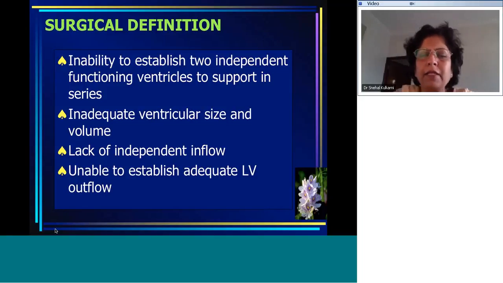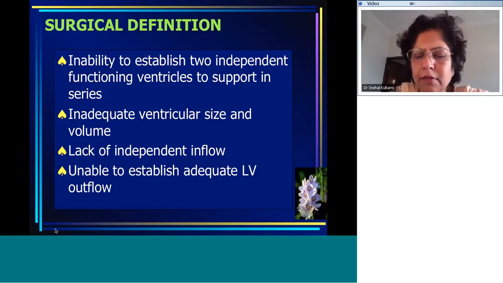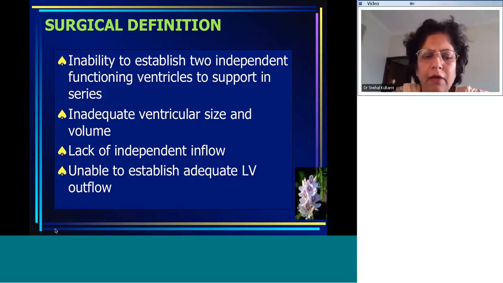Second, it can be because of inadequate ventricular size and volume. One ventricle may be small, the other may be big. You may have two ventricles, but a lack of independent inflow. I'll tell you what I mean by that. The third important thing is the inability to establish adequate left ventricular outflow. So you have two ventricles, but you may not be able to establish adequate left ventricular outflow to generate a